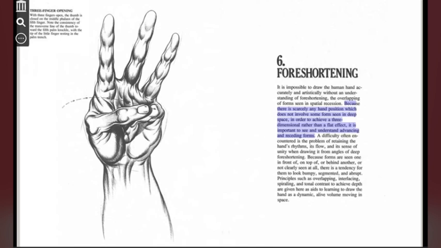A difficulty often encountered is the problem of retaining the hand's rhythms, its flow, and its sense of unity when drawing it from angles of deep foreshortening. Because forms are seen one in front of, on top of, or behind another, or not clearly seen at all, there is a tendency for them to look bumpy, segmented, and abrupt. Principles such as overlapping, interlacing, spiraling, and tonal contrast to achieve depth are given here as aids to learning to draw the hands as a dynamic, alive volume moving in. Rod and ball forms of the